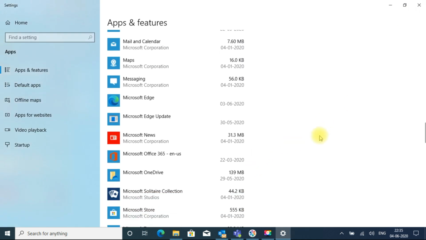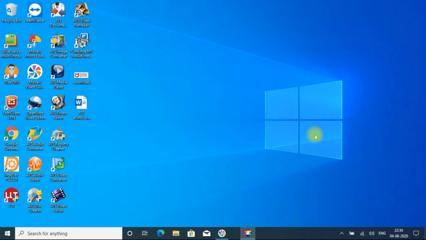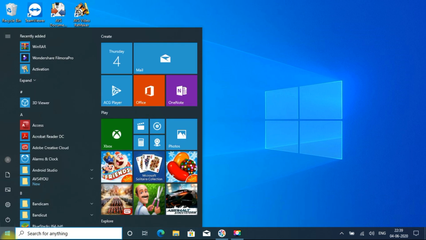So now we will restart the PC and let me check whether all the services are removed from the PC or not. After uninstalling McAfee, we have restarted the PC now. There is no McAfee icon, and we will check for any service running on the PC.